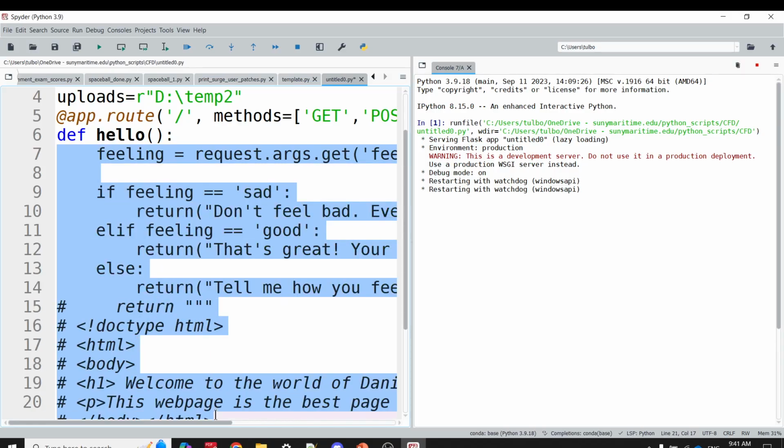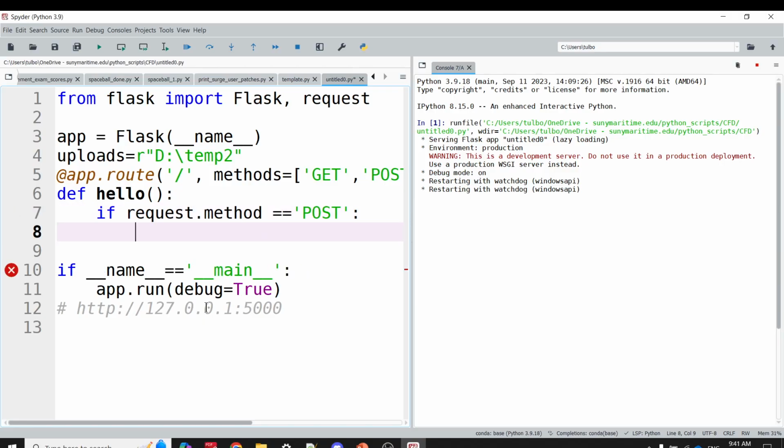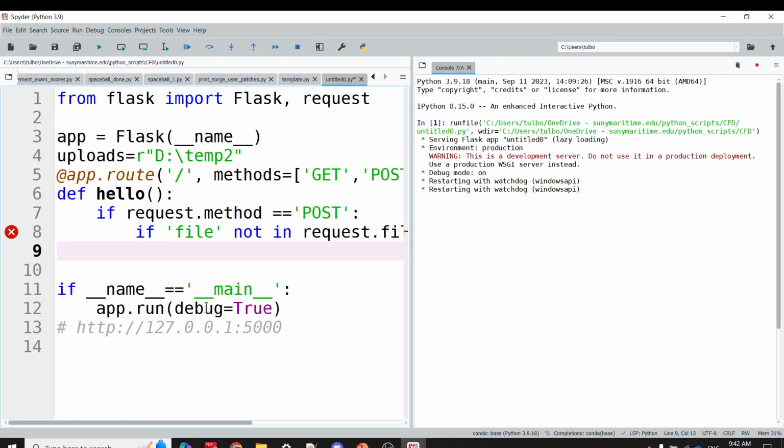We'll have to erase all of these and say if request.method equals post, if the post method is requested, then if file not in request.files,